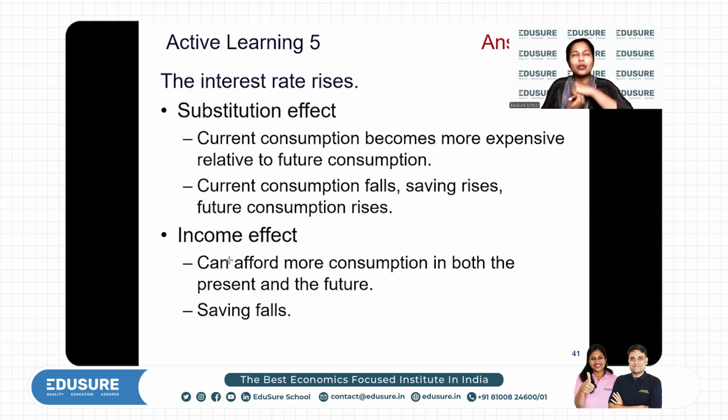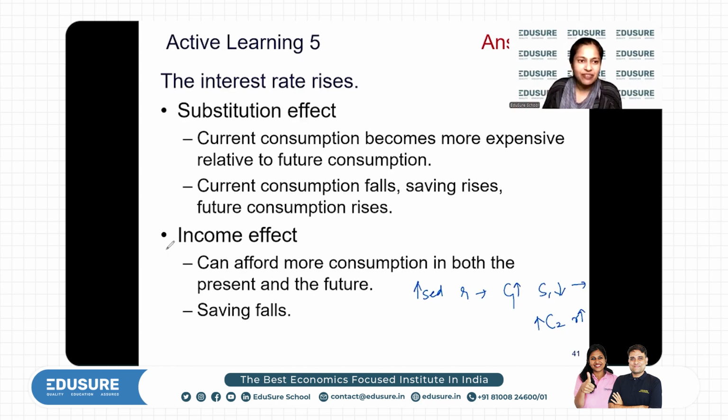So you may think that, oh, because I'm earning so much more in period two, because of the rate of interest, maybe I can actually increase my consumption in period one, save less, but still increase my consumption in period two. So what may happen is that because of the increased rate of interest, even if you increase your current consumption, you reduce your current saving, but still you can increase your consumption in period two, right? So you could increase your consumption in both the periods. So that's the income effect.